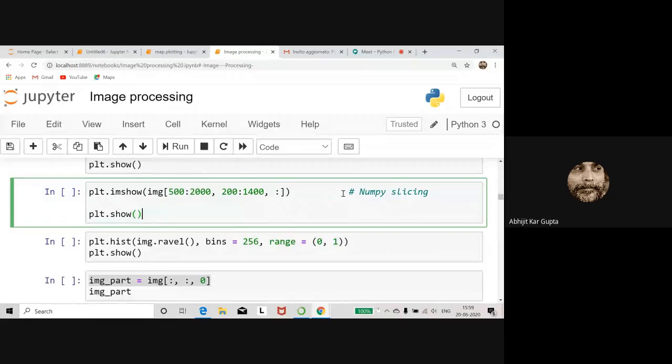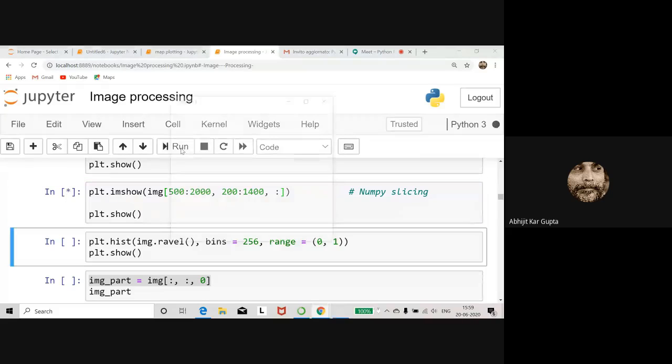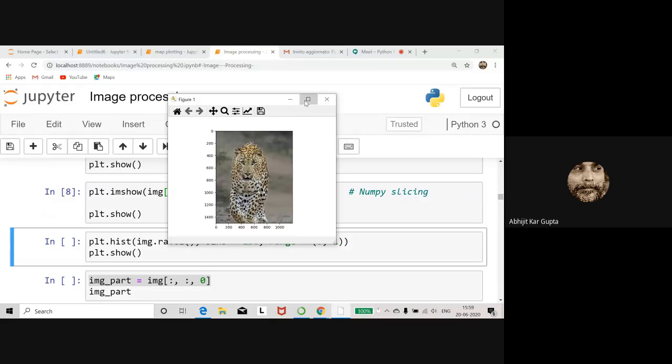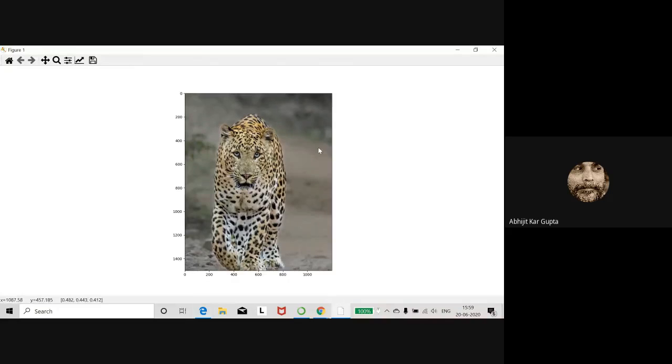This is basically NumPy slicing, and you do it on the image. Now you run, and you see the image is cropped. You just reduce the space; the entire background you removed. So this is your cropping.